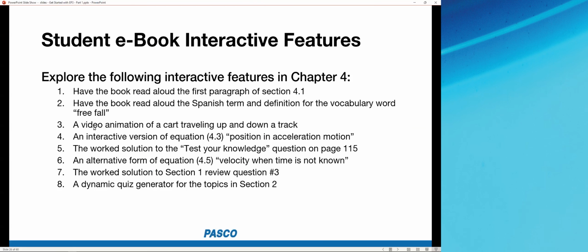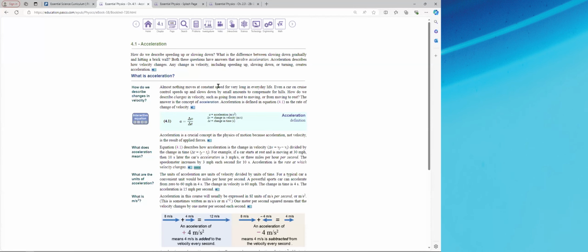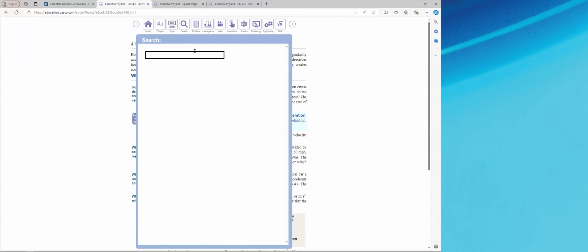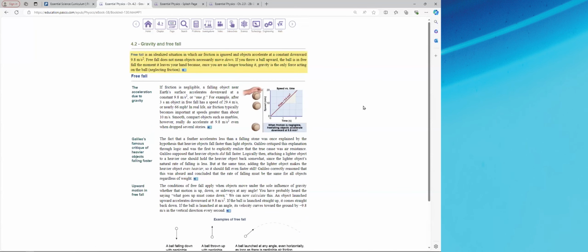So next scavenger item, have the book read aloud the Spanish term and definition for the vocabulary word free fall. All right, vocabulary words. I'm going to search for this one. So I'm going to search for free fall using the search button. Here's free fall definition of. And if I get to that, the paragraph's highlighted in yellow, I can see that the glossary term free fall, a new vocabulary term, is in bold blue here. If I hover over it, I can see the definition in English, and I can have this read aloud in